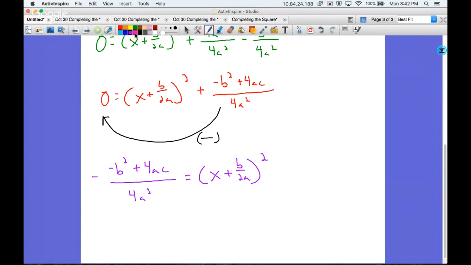Next up, I'm going to take a square root of both sides. That's going to cancel this here. And I'm going to be left with,